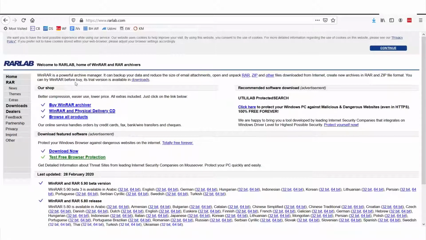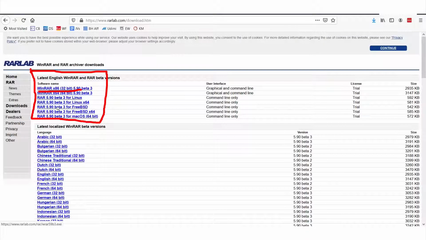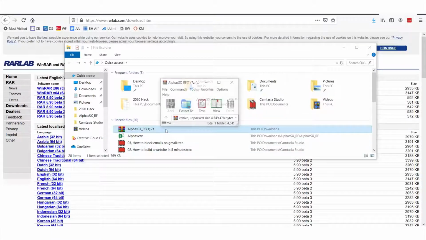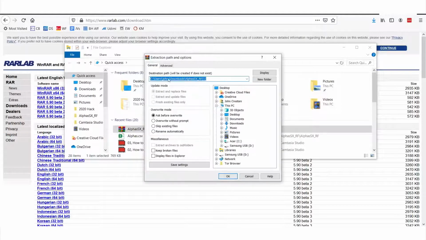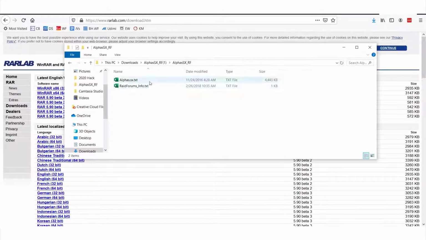So just go over where it clicks downloads and you would just click whatever version is for your particular computer, 32-bit for Windows, or maybe you're using Mac or Linux, whatever you're using. Now, once you've downloaded WinRAR and you've installed it, you will be able to open up this file, which is the database I downloaded. And here I am, I'm just gonna extract to my downloads, and I'm gonna open up the folder, and you'll